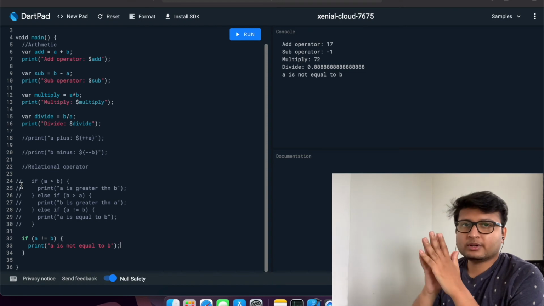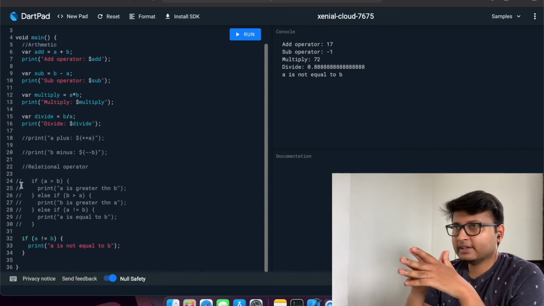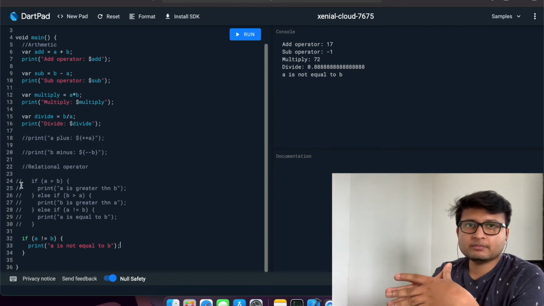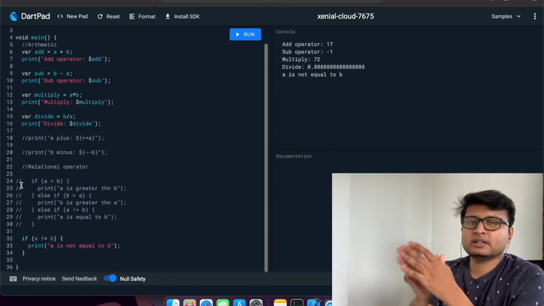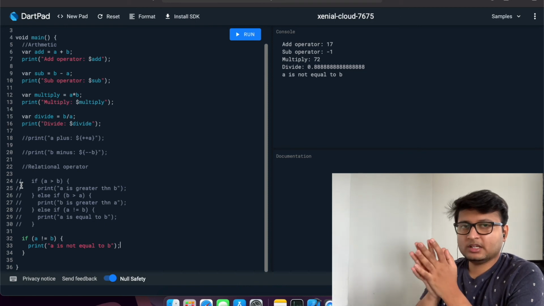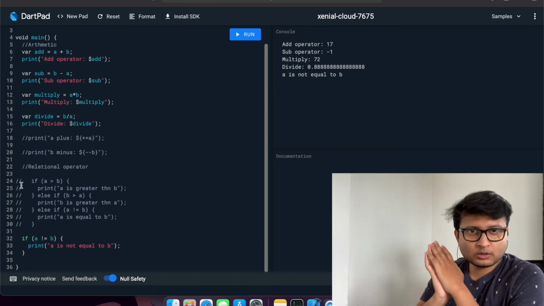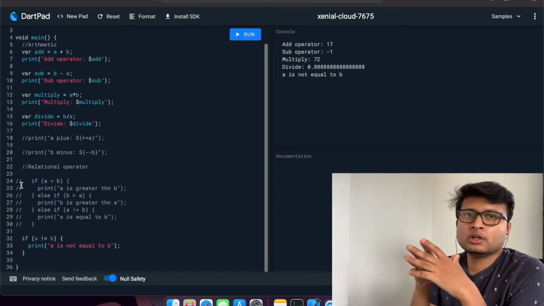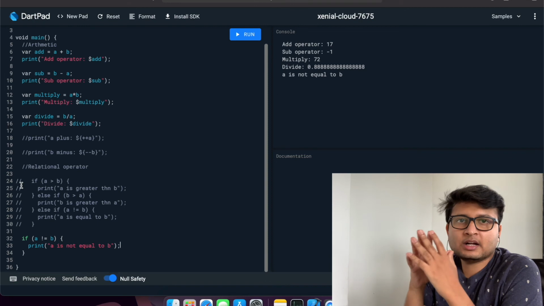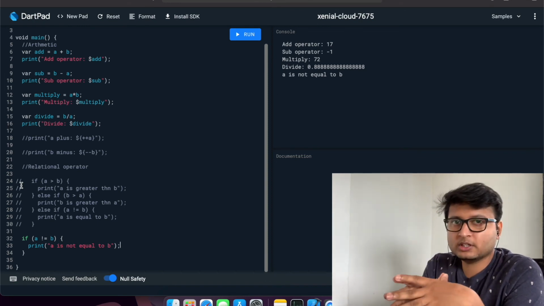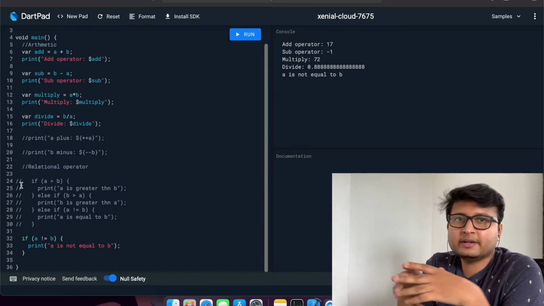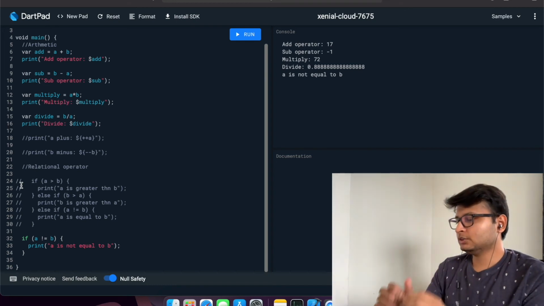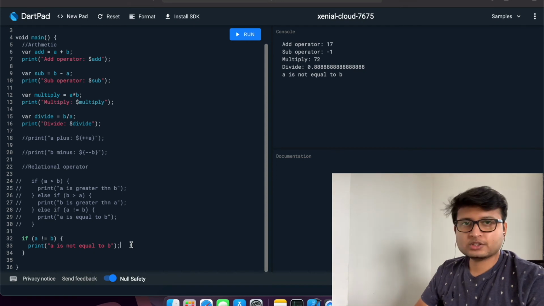Suppose you have to write a code where the condition will be like, if Ram and Shyam, both persons are coming, then only open the door. If Ram is only coming, then do not open the door. If Shyam is coming alone, then do not open the door. You have to open the door only if Ram and Shyam both are coming together. Okay. So how will you write this type of code? How will you give this type of instruction to the compiler? So for that, we have the logical operators.